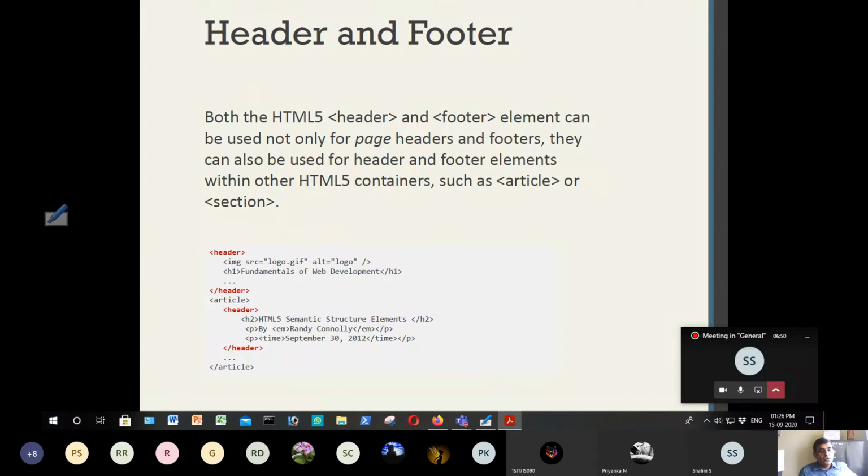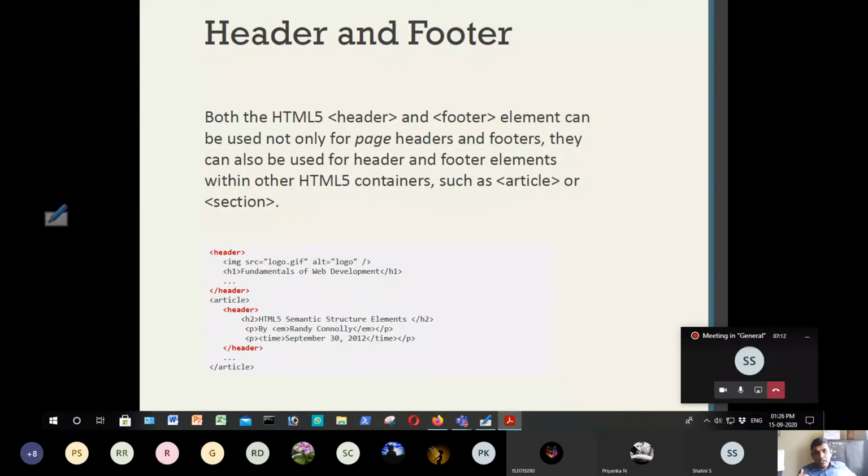So there are situations where a news article may be there in a web page, which is a separate entity compared to the original web page. How do you create articles? So article can be created by using article tags in a web page. So assume in our web page there is an article.